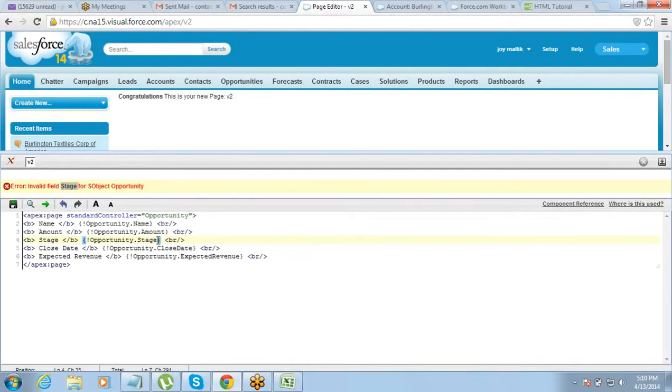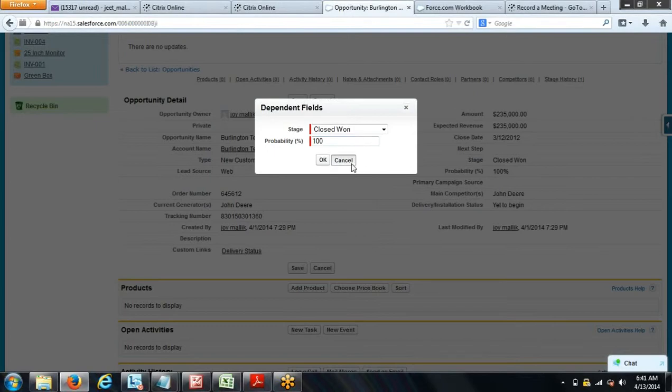There's a field called stage, right? Yes. What is the name of that field? Stage.